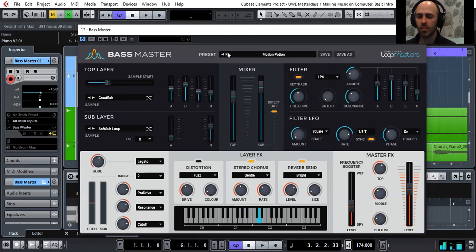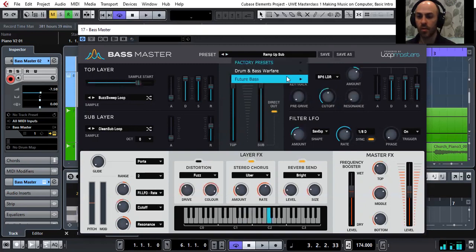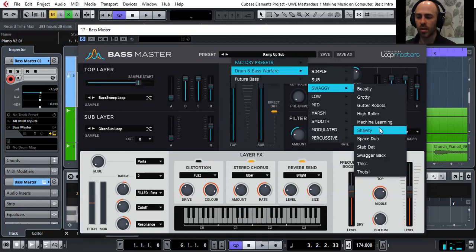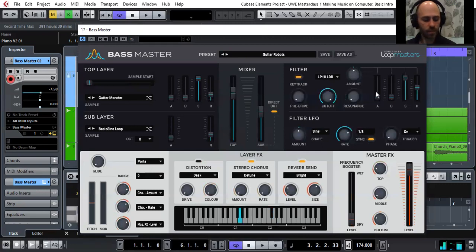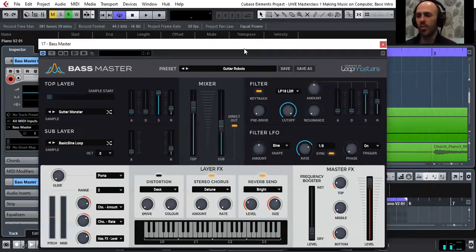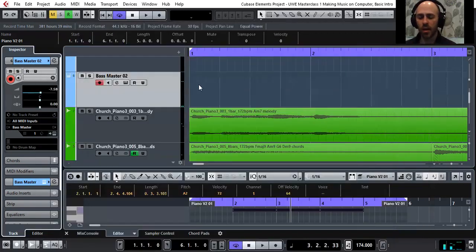It just gives you so many options to play around with stuff, to make sounds. You can modulate them as much as you like as well. Really lots and lots of things that you can do. Okay, so that's Bassmaster. There's loads of them out there, lots of different bass